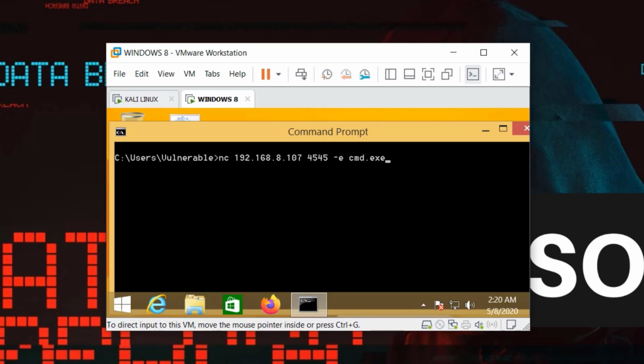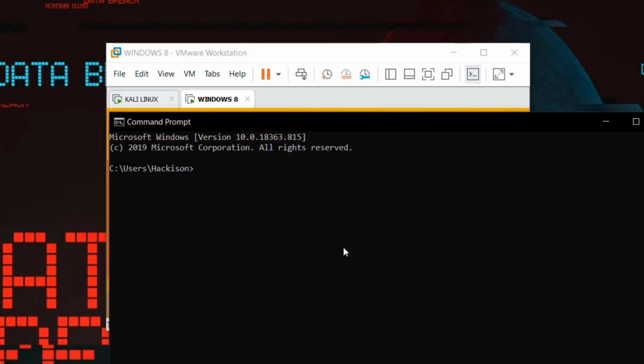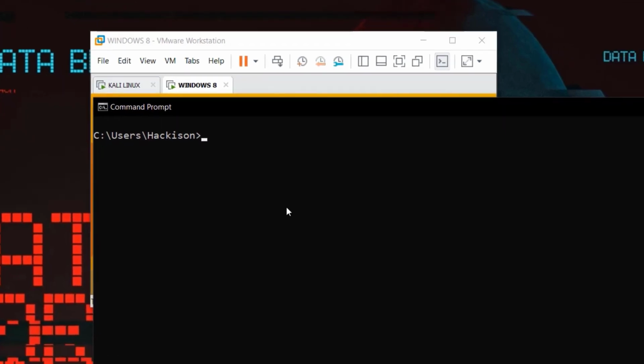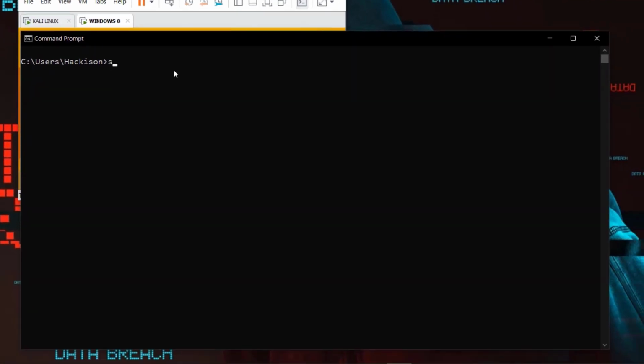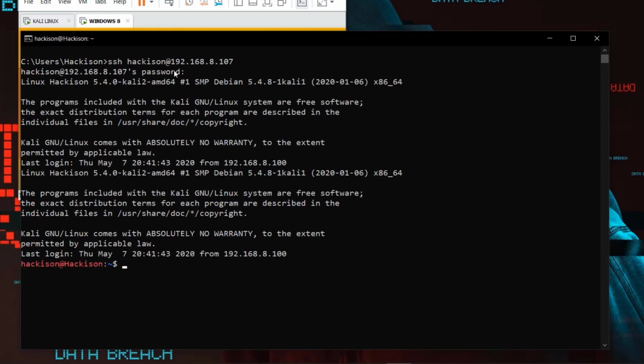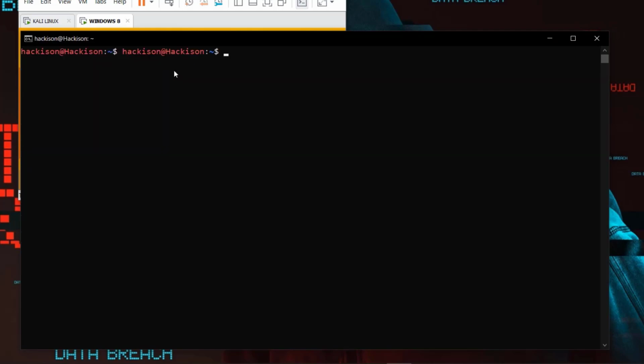Now let's set up our listener. Usually we need a listener to listen for the shell, right? So that's what we are going to do. For that, I'm going to SSH to my Kali Linux machine. Okay, good to go.